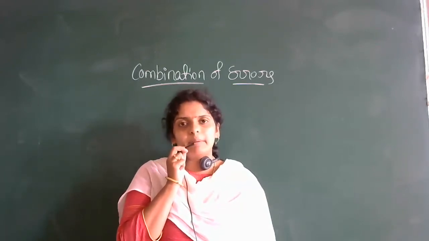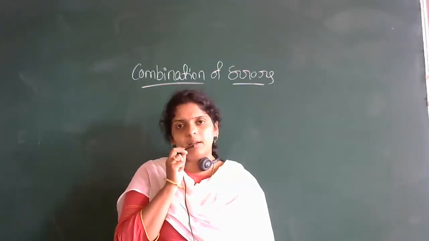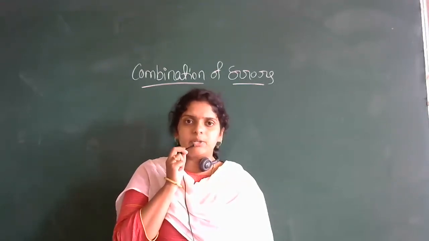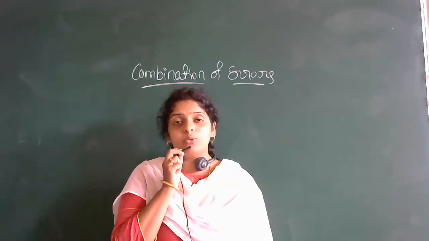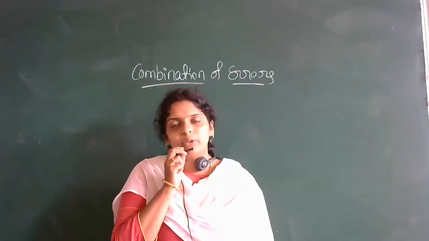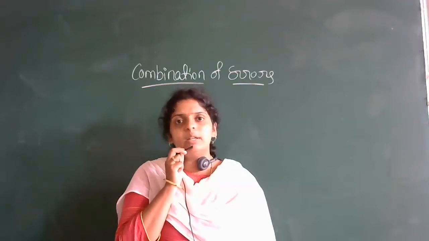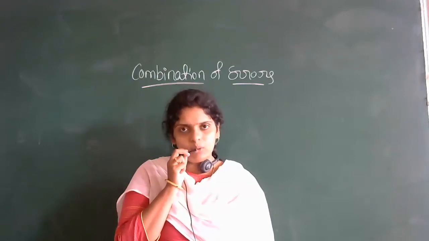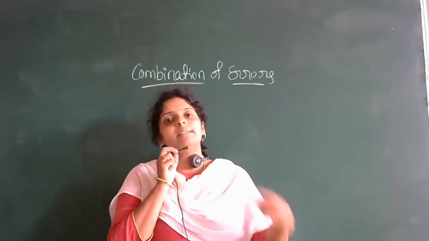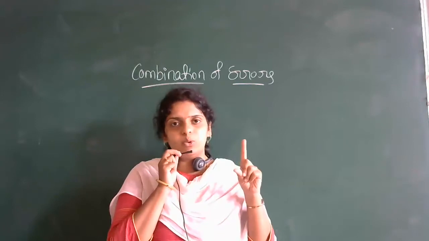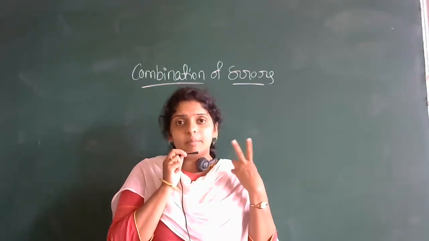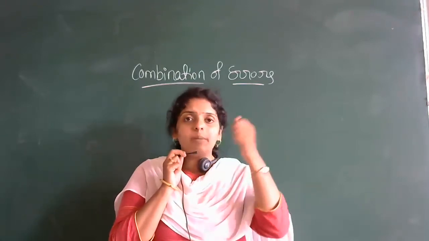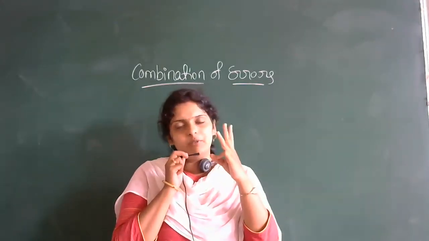So in the power means 10 to the power 2. How to express the error in this? If the given question is like 10 raised to 6, how to find the error in this? So that we are going to discuss. That is our next concept called combination of error. First here we have 3 rules for combination of errors. One is for addition and subtraction, same rule we have. Then we have next, that is multiplication. Then the last one we have for the powers. So we have 3 types of combination of errors.